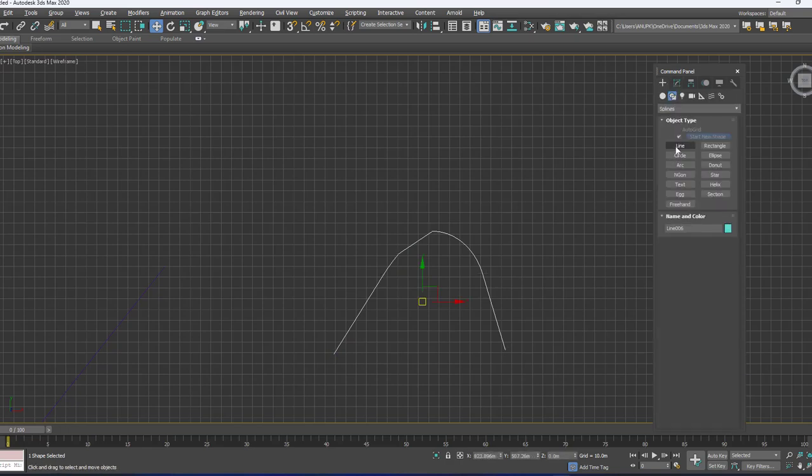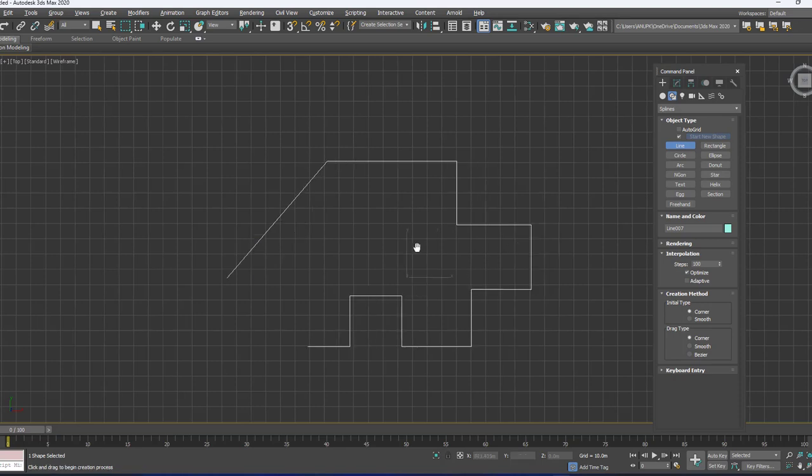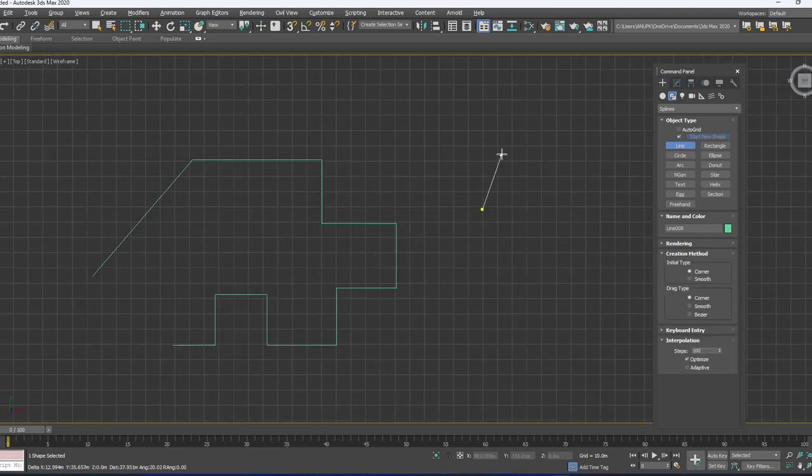Again I just go with the line command. You can go with any other method and then draw the particular shape. In order to get the line straight, you just press the shift button to get the straight line like this. Hold the shift button to get the straight line. Now you can even end it here itself. For that, press escape or right click, and then again I just draw the same thing.